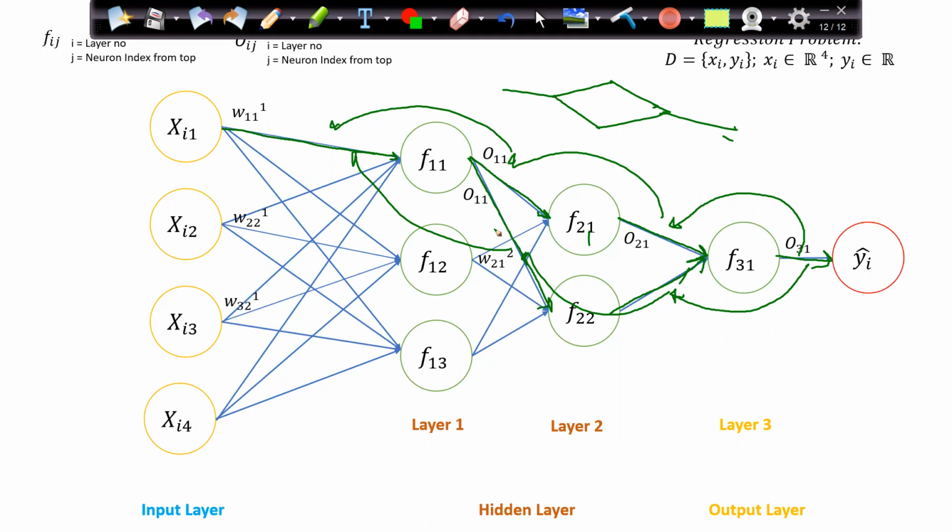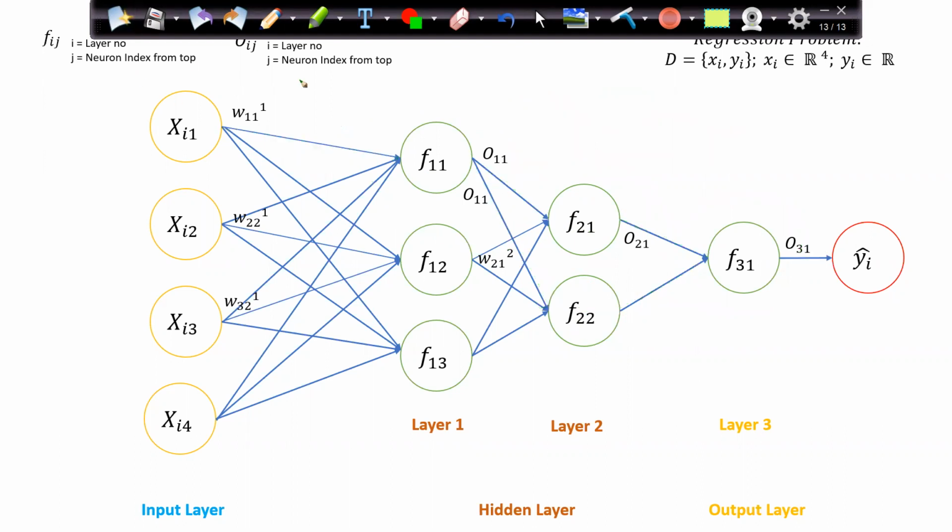So here things will be a bit tricky because I know that the values I am getting from the W11, which is proceeding further, are going to multiple outputs basically. The output generated by W11 is actually going to multiple neurons. So here things will be a bit trickier. How will it look? Let's try to understand that. It's basically a calculus idea.